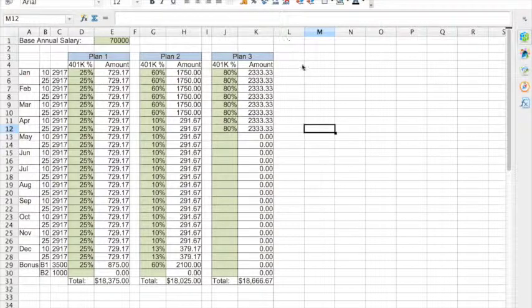Okay, this is the 401k planner. This is a tool that you can use to reach whatever your target is. In this case, the target is 18,000 for the maximum under 50. I've put in a salary just randomly of $70,000. You can put in whatever your salary is here, and then you just do trial and error percentages until you come up with the amount you want. In this case, 25% of your salary contributed to 401k for the entire year will result in just over $18,000,